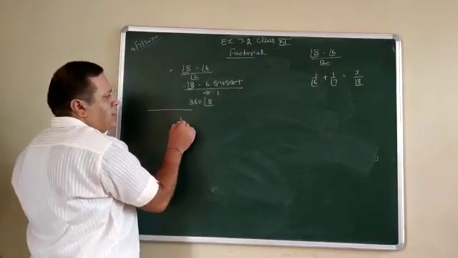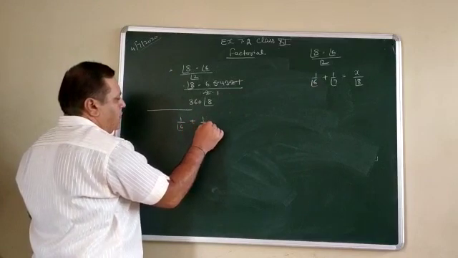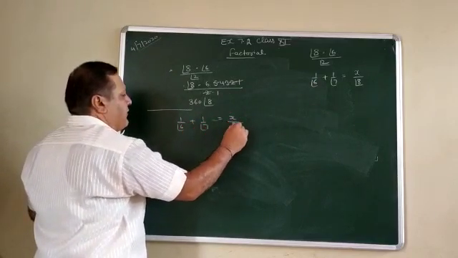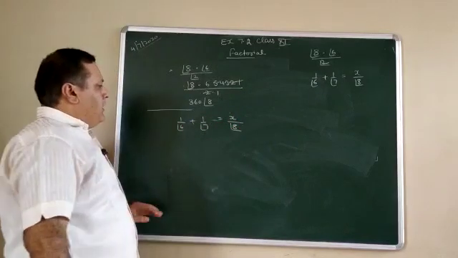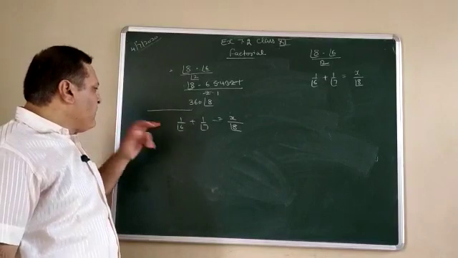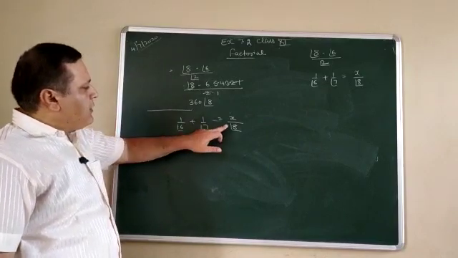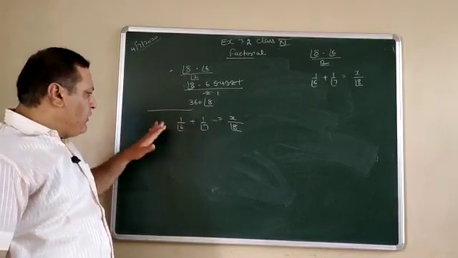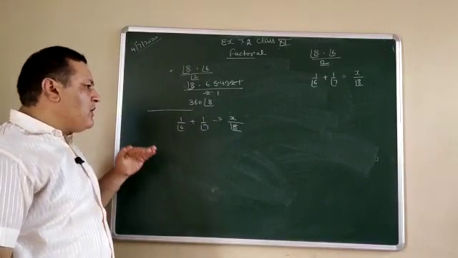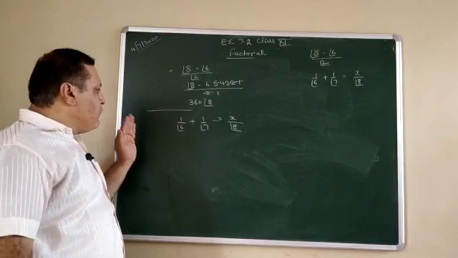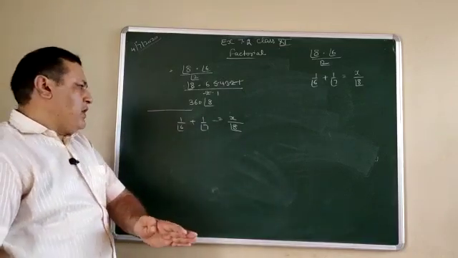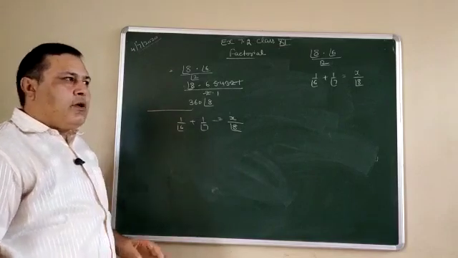Question number two: 1 by 6 factorial plus 1 by 7 factorial is equal to x by 8 factorial. See this one. In this question we want to calculate x. For that, what to do? We have 6 factorial, 7 factorial, 8 factorial. Whenever factorials are given to you, for simplification we always go with the method in which we break the larger factorial into smaller factorials, so that we can calculate the result.